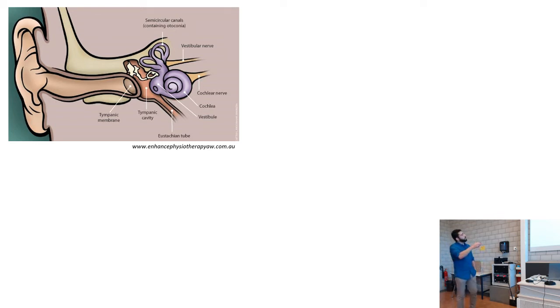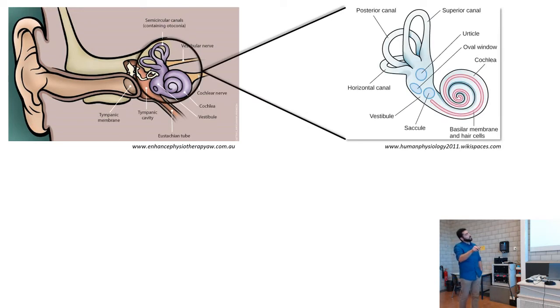So the three canals that you see here, these three structures are called semicircular canals, and they encode angular acceleration. However, remember that our platform was going like this. That means there was no angular acceleration. Our model was strictly linear acceleration. Therefore, we were interested more in the organs that encode linear acceleration. And these organs are the utricle and the saccule.